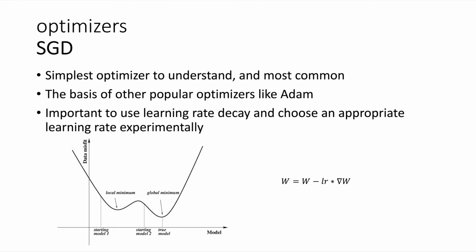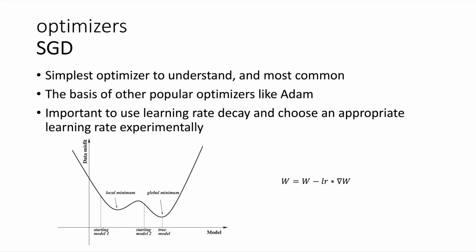The logic of SGD is very simple. Once we calculate the gradient of the weights with respect to the loss, all we need to do is shift the weights lightly in the opposite direction. In theory, this moves us in the opposite direction of the loss and should improve our neural net. It is crucial to pick a learning rate that isn't too high but also isn't too low. One of the biggest factors that can determine the success of optimization is if the neural net gets stuck in